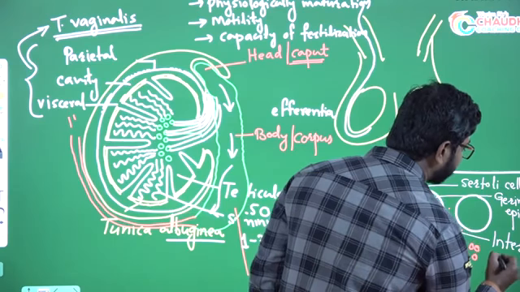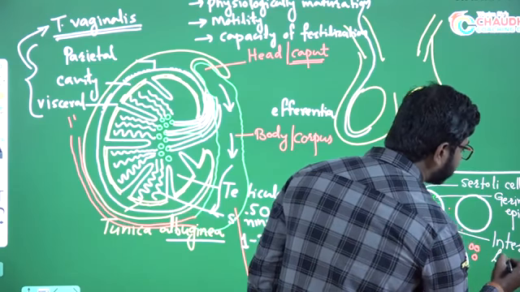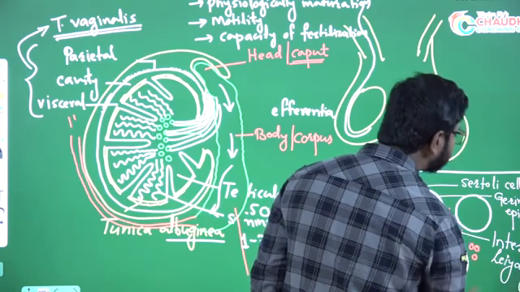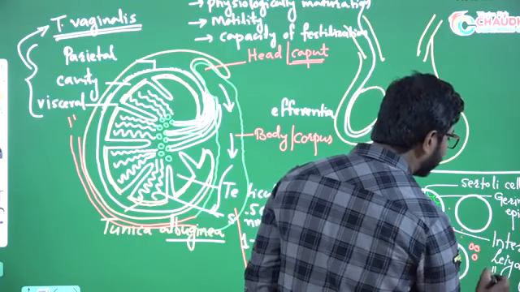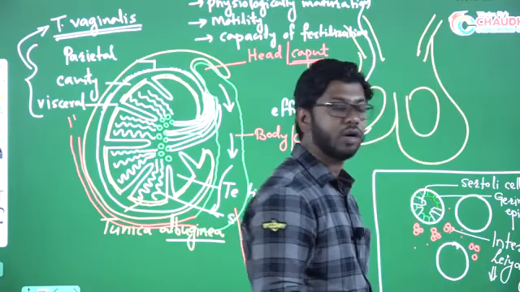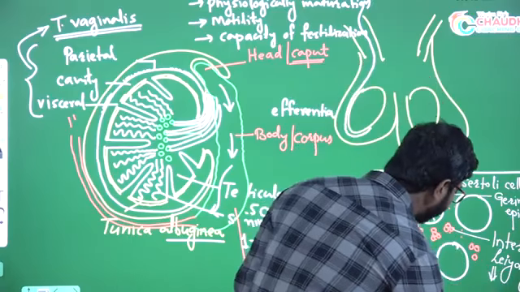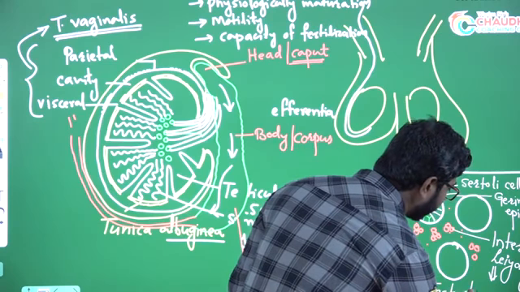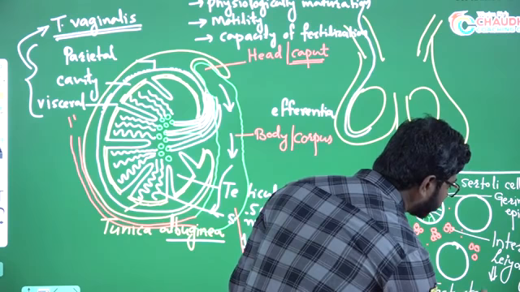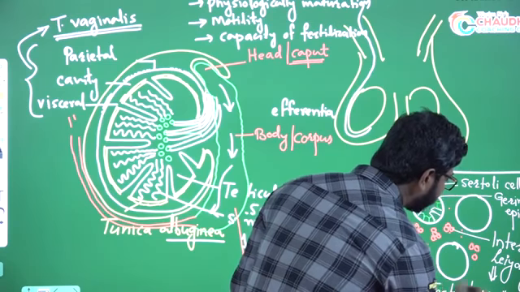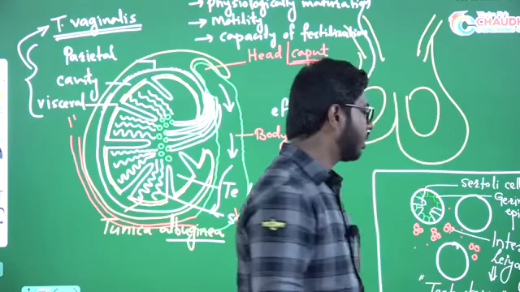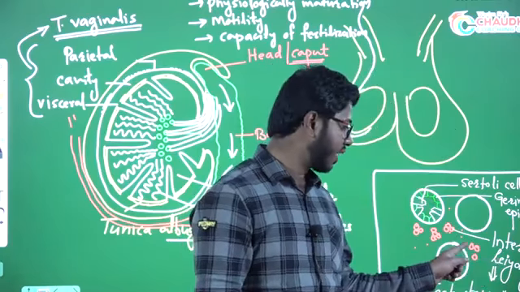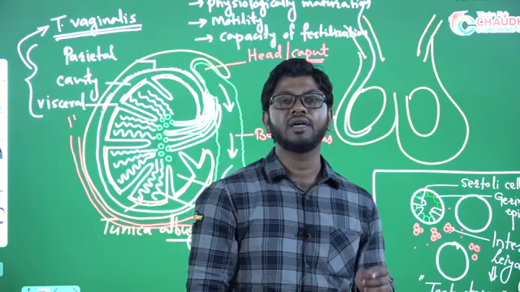Interstitial cells are also called Leydig cells. This Leydig cell produces the male sex hormone, and the name of the hormone is testosterone. So this testosterone hormone is produced by interstitial cells or Leydig cells, which are present in between